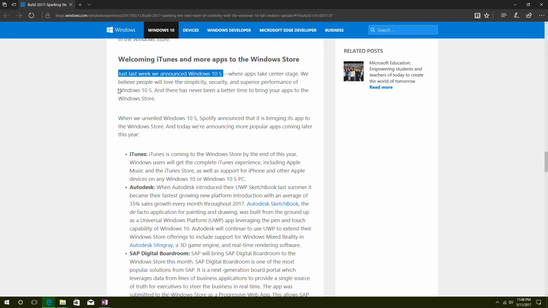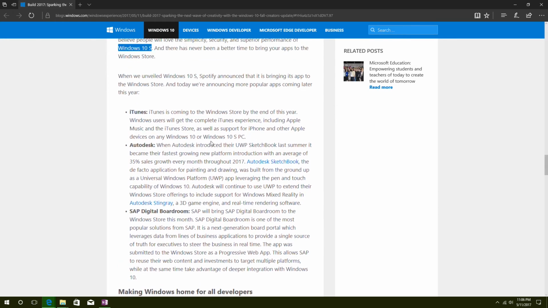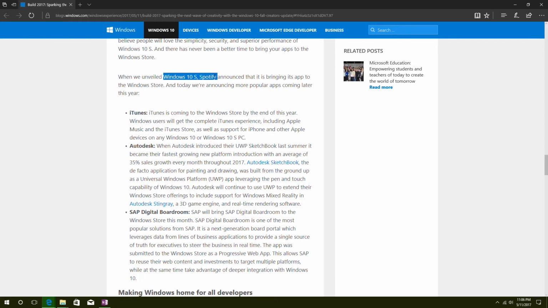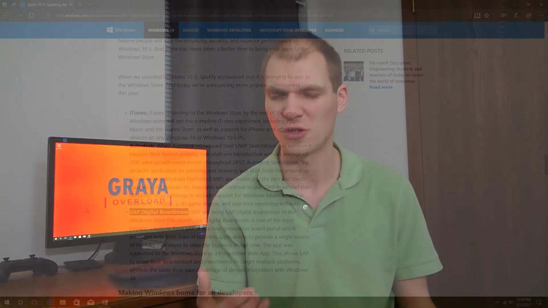I don't have iTunes installed on this desktop, but if it's in the Windows Store, I'm probably going to try it because it's super interesting. And you can hook your iPhone up and everything is supposed to work. So I'm super excited to see this in action. This was a shocker to me. There's also Autodesk stuff, programs coming. I don't know which ones they are. As you see in the blog post here, I'll have the link posted below so you can check it out to see what's all coming there as well.